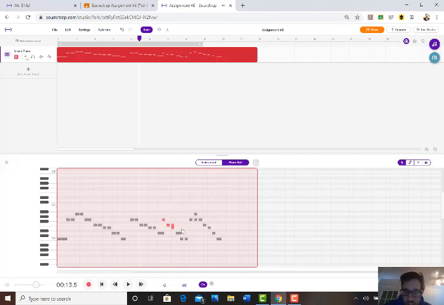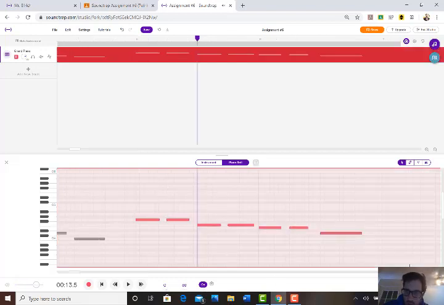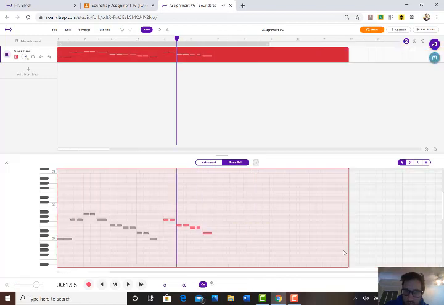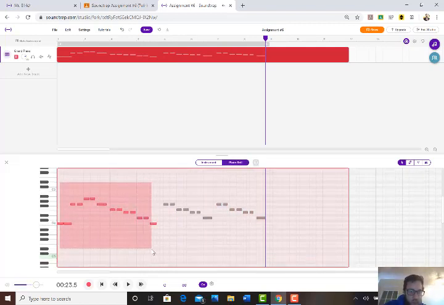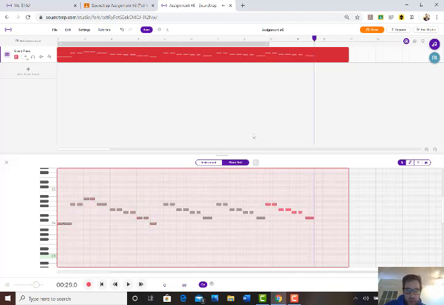Then let's just do this. Let's delete all of these and these, because this thing basically happens twice. Accidentally zoomed in there. Just select all of that, move my cursor right here, and paste. And then this is the A part of the song, so I can select all of these notes and copy